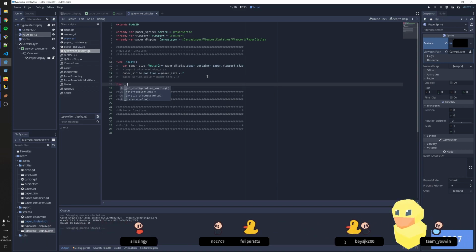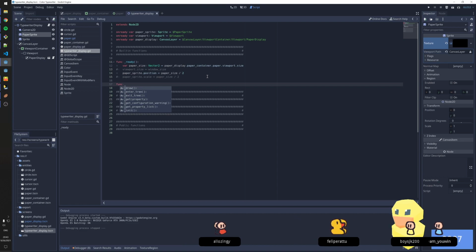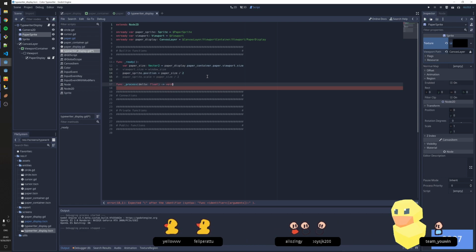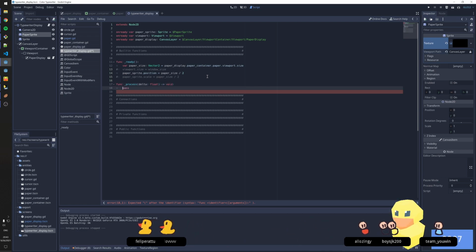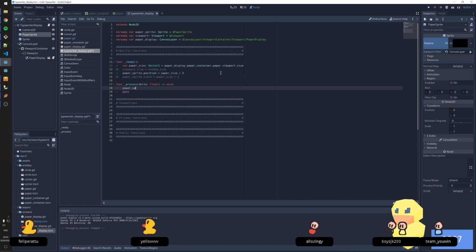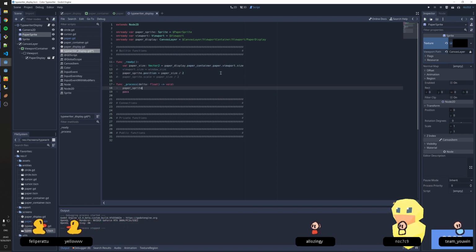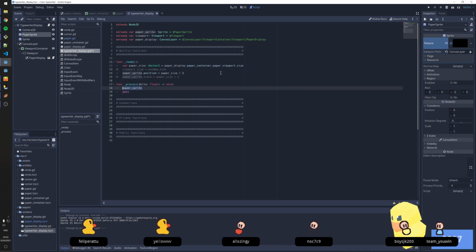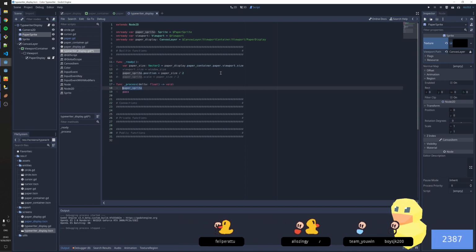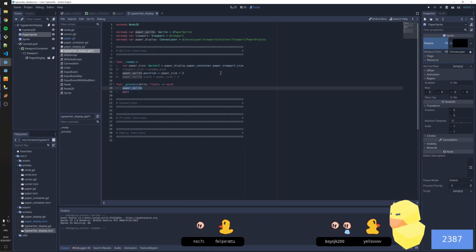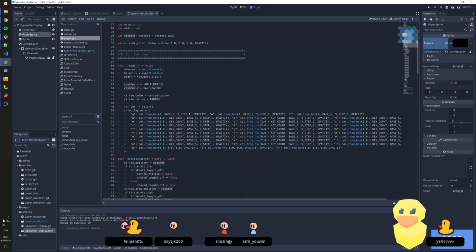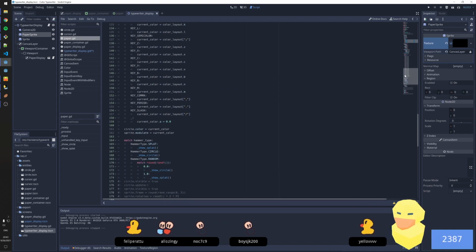So let's just do the easiest way. This is the worst way to do it, but I know it'll work. So we'll do paper sprite. Hold on. He's thinking about it. If we have the paper emit a signal every time you type, or every time you type a real letter,